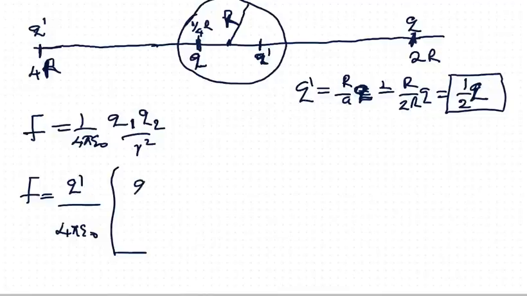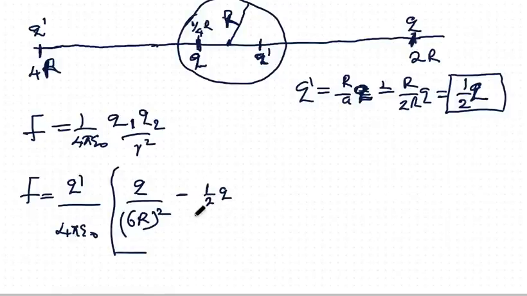This will be q divided by 6r squared. Then if we consider the distance from here to the center, that is 4r, then we add this distance as well, which is minus, and we've gotten the q prime to be this 1/2 q